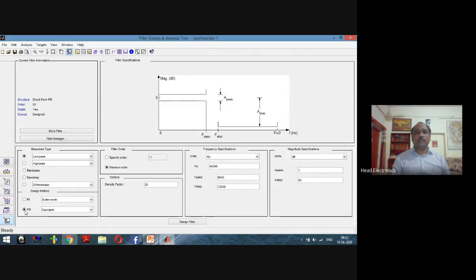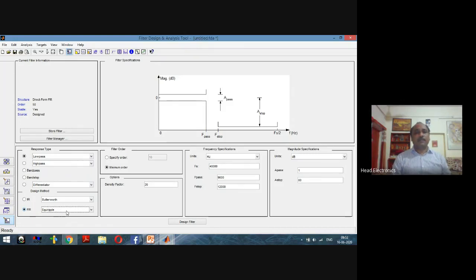Now suppose we have selected here the FIR filter, and among the FIR we have to select what are the different approximations. So from these approximations, suppose we have selected the equiripple approximation here. After this selection, first we have selected the response type, that is low pass. Then we have selected here the design method, that is the FIR filter, finite impulse response filter, without any feedback here.